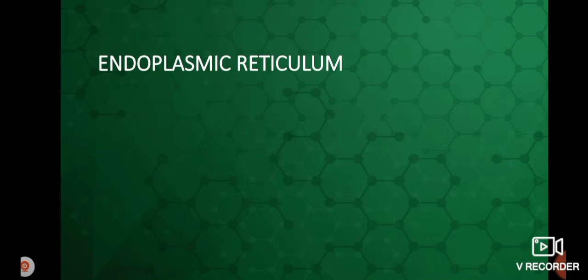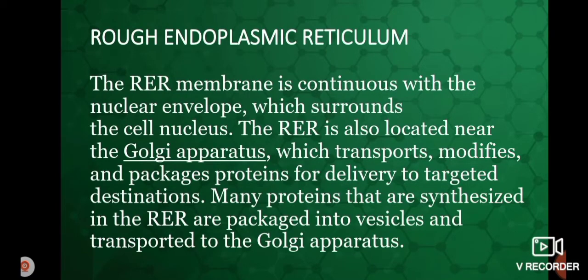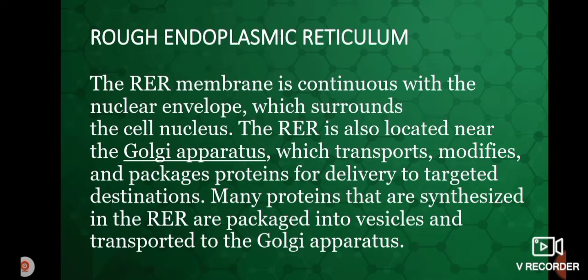Another one is the endoplasmic reticulum. There are two types of endoplasmic reticulum, the rough endoplasmic reticulum and the smooth endoplasmic reticulum. First is the rough endoplasmic reticulum. Its membrane is continuous with the nuclear envelope which surrounds the cell nucleus. The rough endoplasmic reticulum is also located near the Golgi apparatus, which transports, modifies, and packages proteins for delivery to targeted destinations. Many proteins that are synthesized in the rough endoplasmic reticulum are packaged into vesicles and transported to the